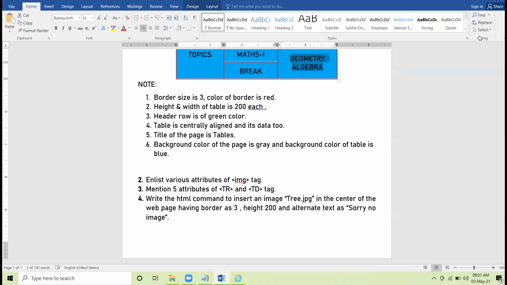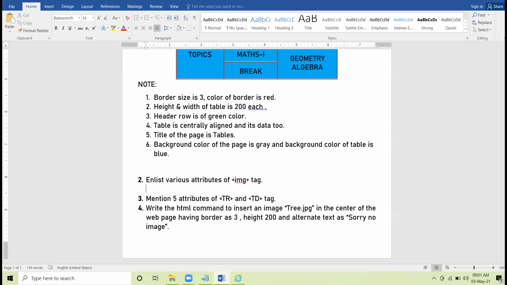Yes, Prabgun, unmute yourself. Good morning, sir. Very good morning. The attributes of image tag are SRC, that is source, width, height, and border, align, and alt. Yeah. The attributes of image tag are SRC.